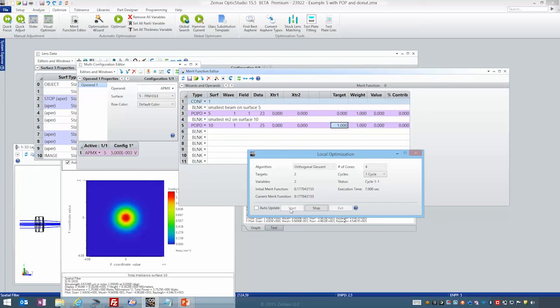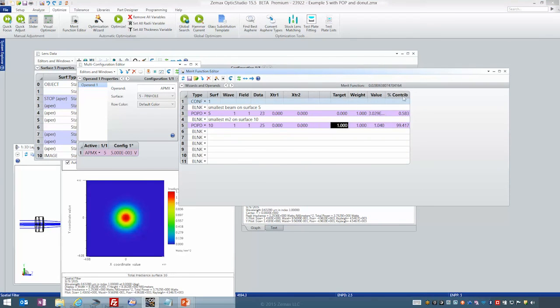And this will take a few seconds. Okay, so that took about 42 seconds. I'm just going to exit from that,